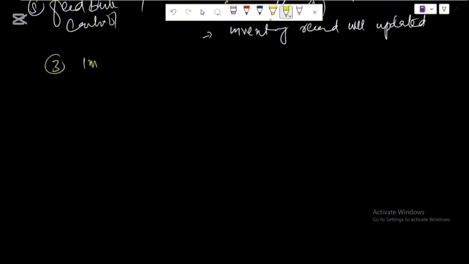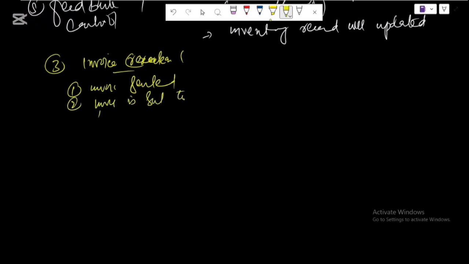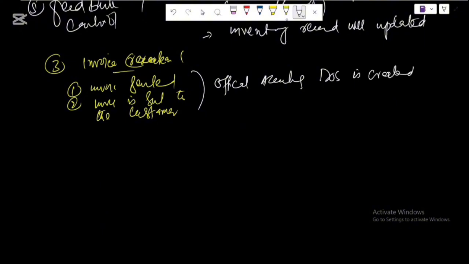Third step is the invoice creation. Means your invoice is created. So the invoice is generated. Clear? And when you create invoices, then that invoice is sent to the customer. Clear? So this means that an official accounting document is created. Clear? Now after that you have phase 4, and that is your data analysis,